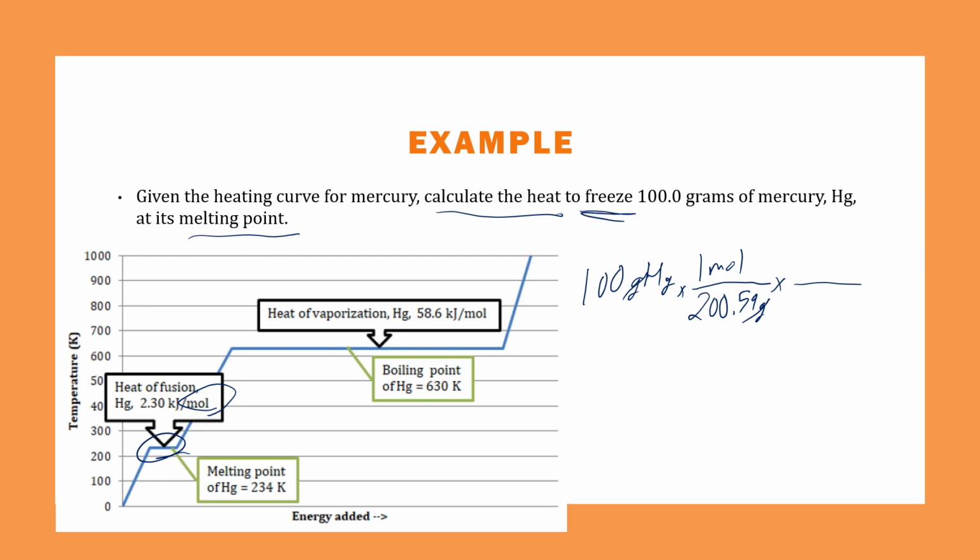Since we're freezing it, that's exothermic, right? It's releasing the heat, and we're going backwards. So instead of 2.30 kilojoules per mole, it's negative 2.30 kilojoules per mole, because we're freezing. So the moles cancel. I'm going to do 100 divided by the 200.59 times negative 2.3. So I get the heat for that process is negative 1.147 kilojoules,